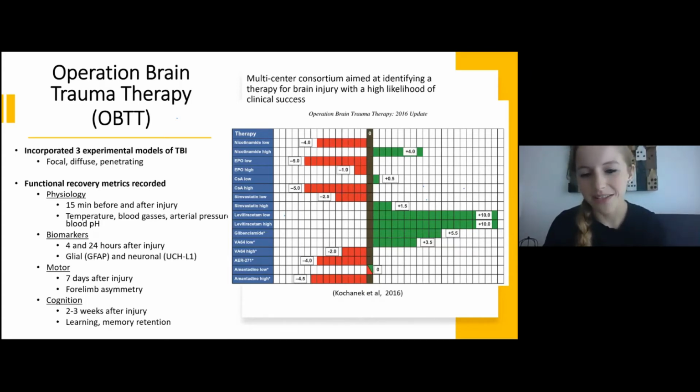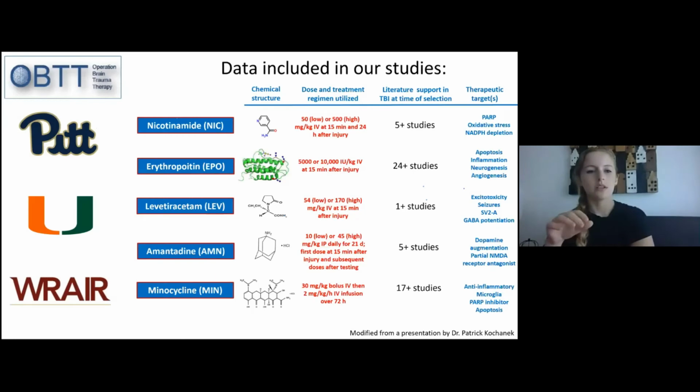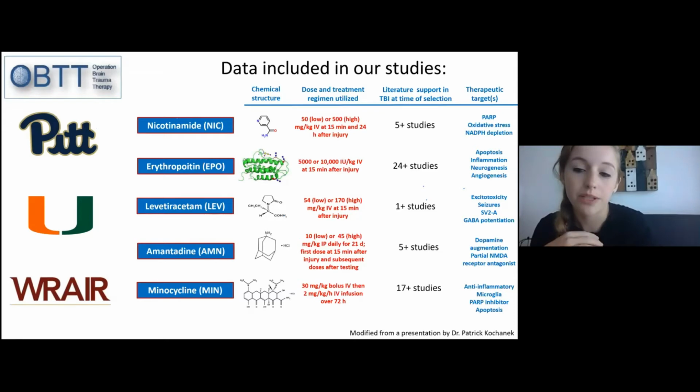Anyway, while these results were far from groundbreaking, these data are clean, complete, and tabular, and rather large in terms of animal data sets go. So these are all checkpoints for the application of computational techniques, and we were pretty excited to see what kind of novel insights we could get from reanalyzing some of these data. So to dive right in, I modified this slide directly from one of the OBTT presentations, but it does give you a little bit more background regarding the treatments that we were